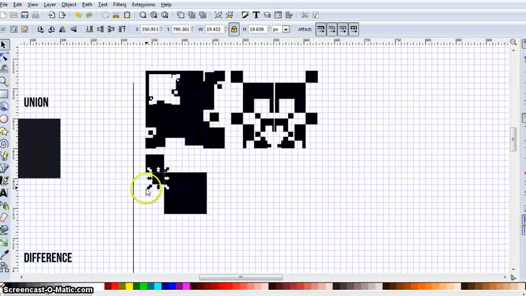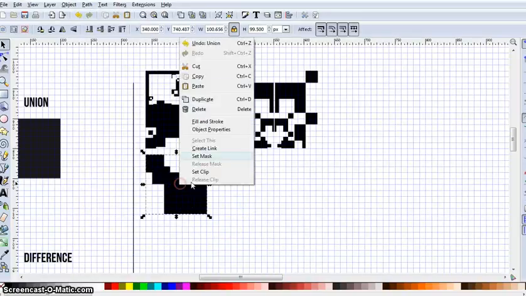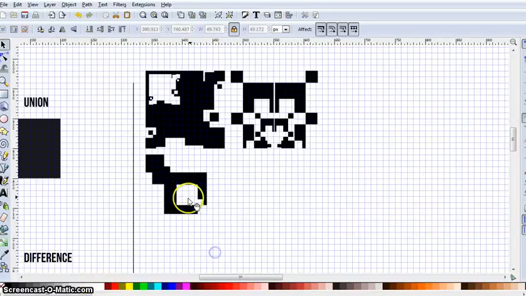Duplicate it again. I'm going to make an even smaller square here. I'm going to path and union, and what I'm now going to do is duplicate it. I'm going to hit V and then H, size it down. See what it looks like when it's white, and I'm going to put it a little bit further along. I'm actually going to make it go red so I can see it once it's